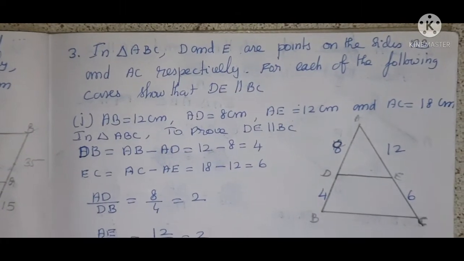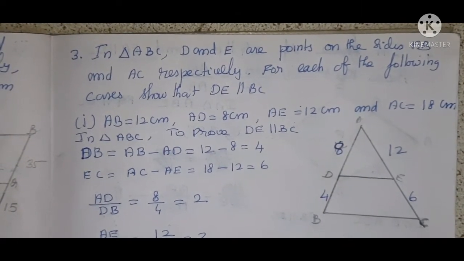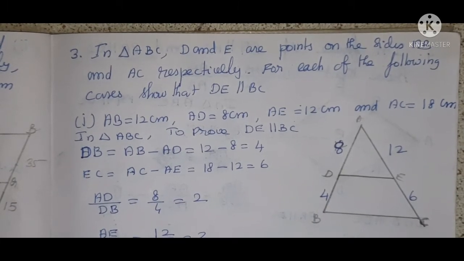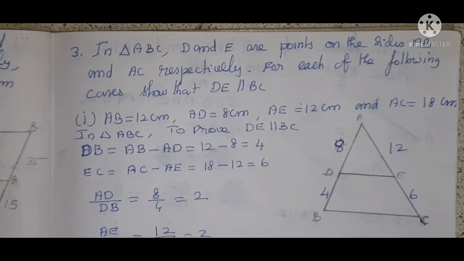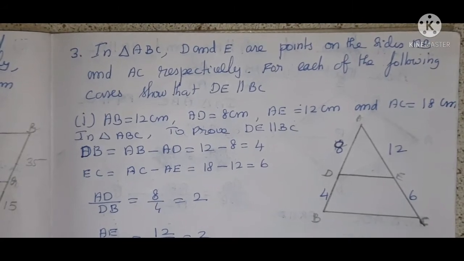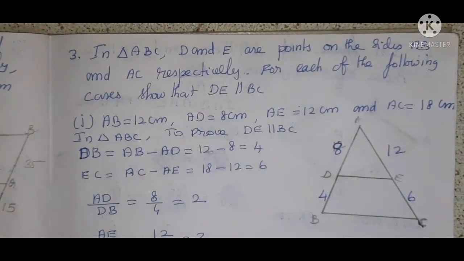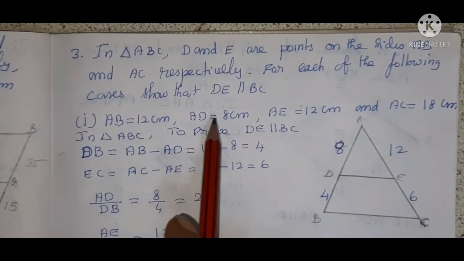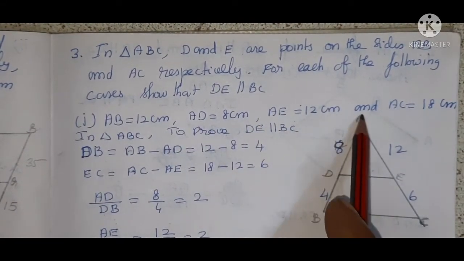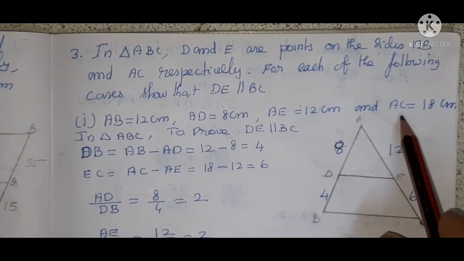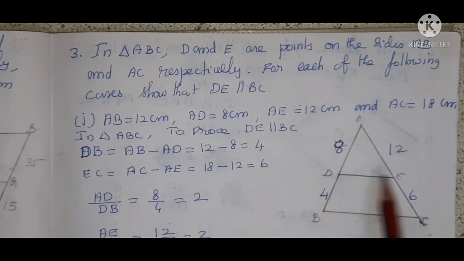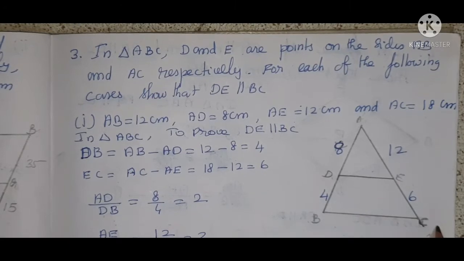Third sum. In triangle ABC, D and E are points on the sides AB and AC respectively. For each of the following cases, show that DE is parallel to BC. Here two sums are given. The first sum: AB is 12 cm, AD is 8 cm, AE is 12 cm and AC is 18 cm. In triangle ABC, to prove DE is parallel to BC,